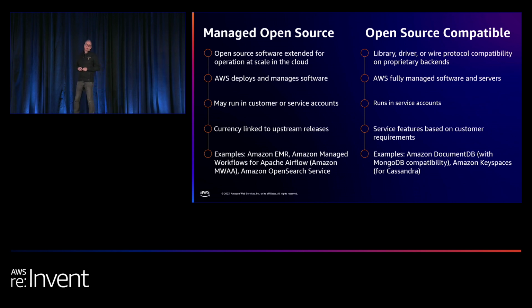The other model is where we have open source compatibility. This is where the service will display library or client or protocol compatibility with an open source client, but may or may not actually be implemented on top of the same open source software. And in this case, we are completely responsible for managing that infrastructure footprint and its availability, its scalability, and so on. In terms of where it runs, it tends to run in what we call service accounts, which is where the networking may be exposed through your VPCs,